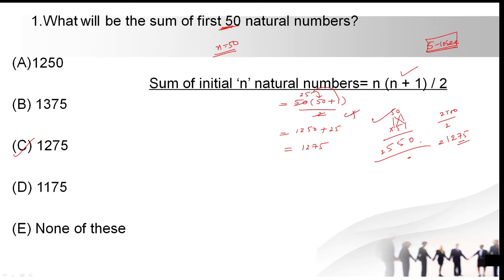Or we'll multiply 25 into 51. So 25 into 51, 1 5s are 5. First step, this is multiplying the first 2 digits. In the second step, we need to multiply these two and add. 2 1s are 2 plus 5 5s are 25. 25 plus 2, that is 27. 27 in the sense we need to write 7 and 2 will become the carry. And the third step, we multiply 2 5s are 10 plus 2, 12, so 1275. Again we got the same answer. 3 different methods for the multiplication.